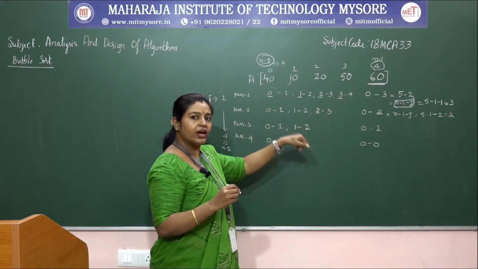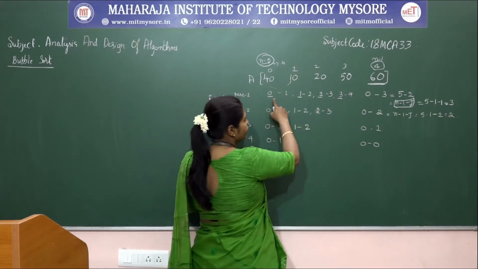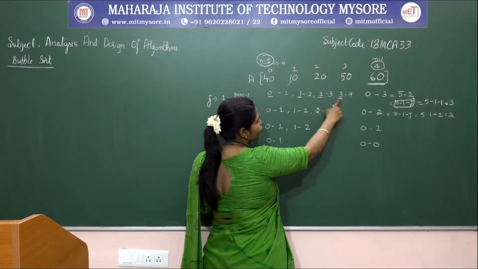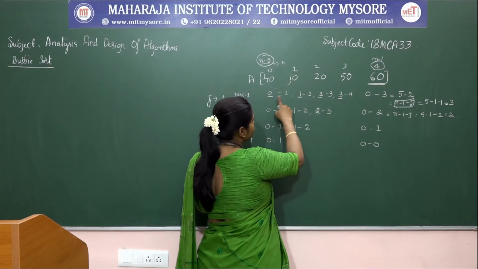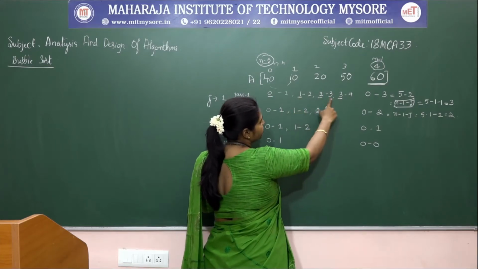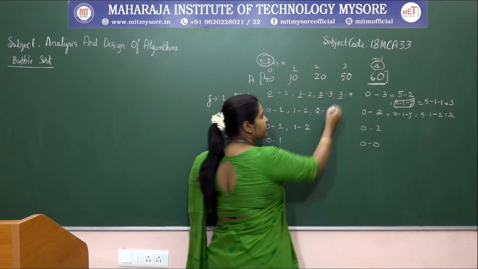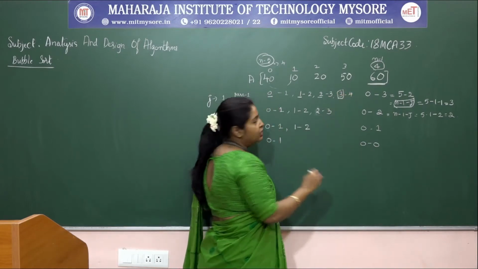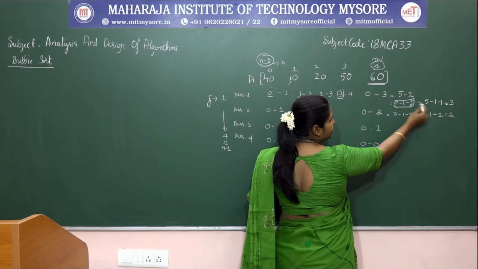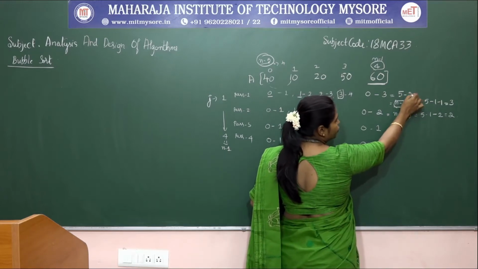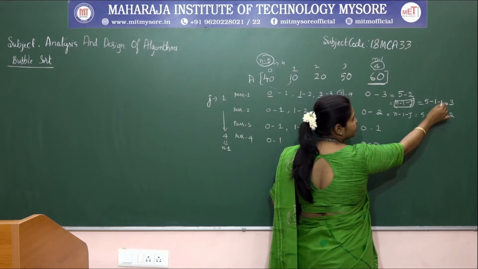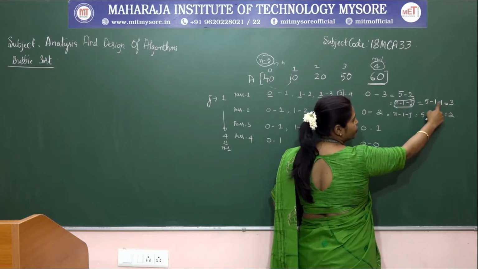So from where to where should that element run? If you consider the first iteration, in that we are going from 0 to 3, right? So 0 and 1, 1 and 2, 2 and 3, 3 and 4. So that means we are going up to which position? Third position we are going. So because of that reason, that can be written as what? 5 minus 2. So 5 minus 2 is nothing but what? 5 minus 1 minus 1. This can be written as 5 minus 1 minus 1.